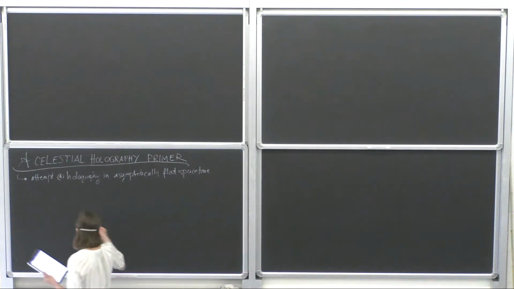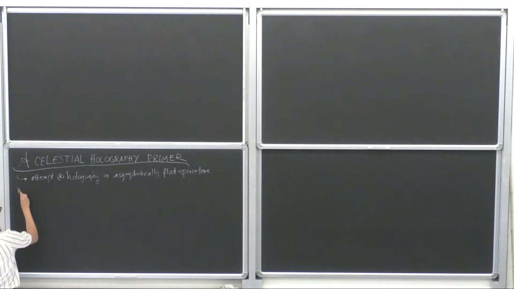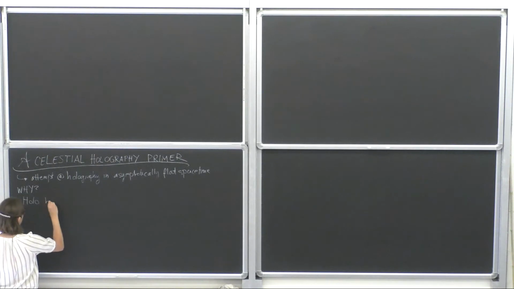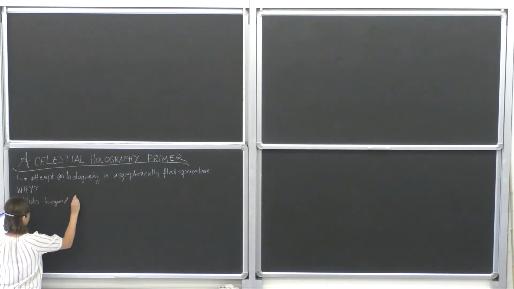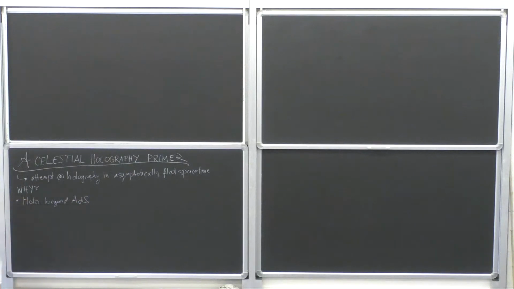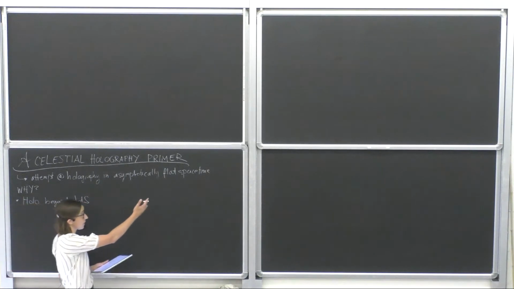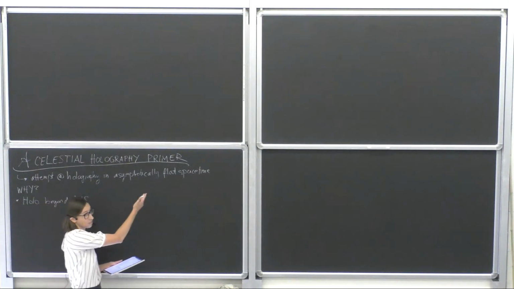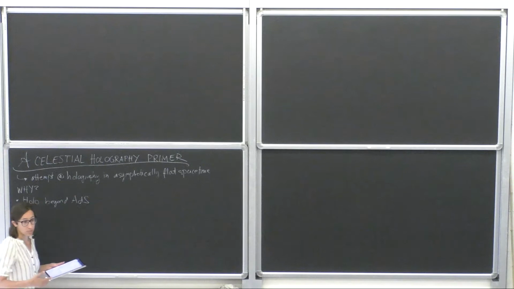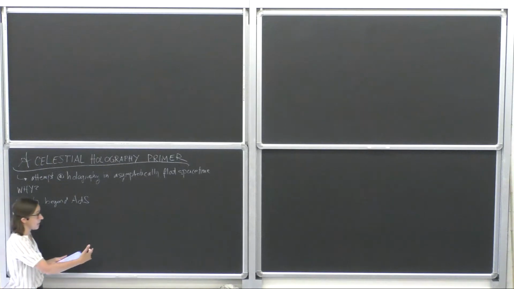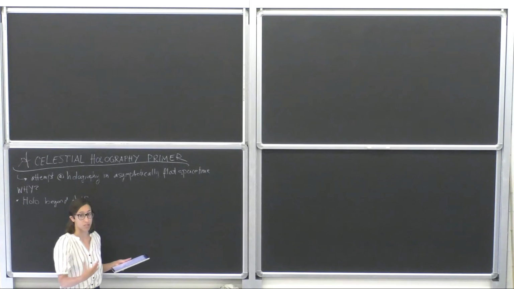So why would we want to study holography for asymptotically flat space? Let me start with some motivation. The first is an obvious one, which is that we would like to know if there's a holographic principle that applies beyond AdS. Since we have learned so much from holography in AdS spacetime, we would like to know if a similarly powerful duality exists in asymptotically flat space. The obvious motivation for that is that asymptotically flat spacetime is a very good approximation to spacetimes where physical processes happen in our universe.